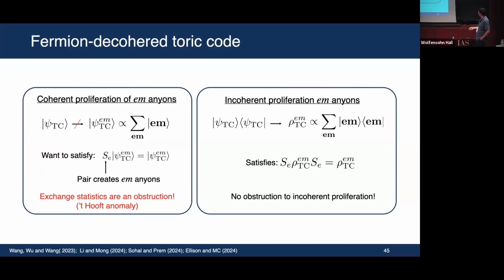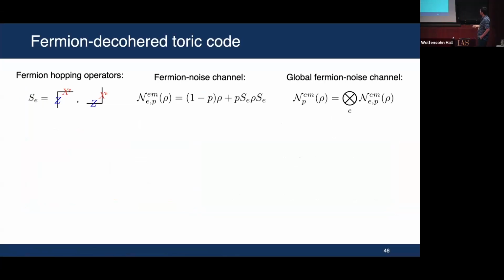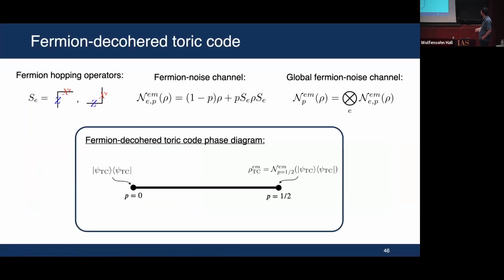All right, so let me now actually make the state by writing down a similar model, starting from the toric code ground state and turning on a local channel to create that state, which is a convex sum of fermion-populated toric code states. The details are not terribly important. We can write down some local Kraus operators and make this quantum channel.